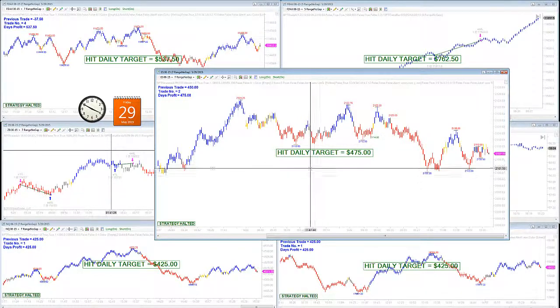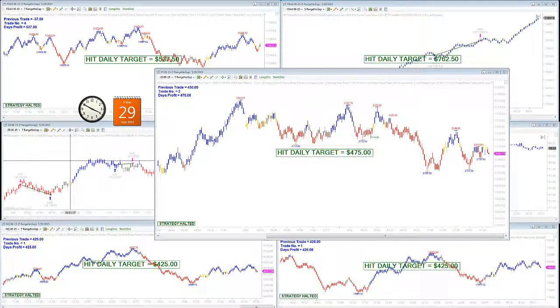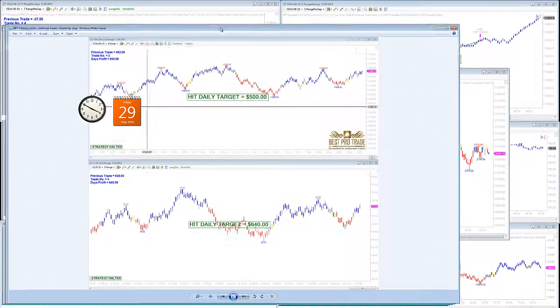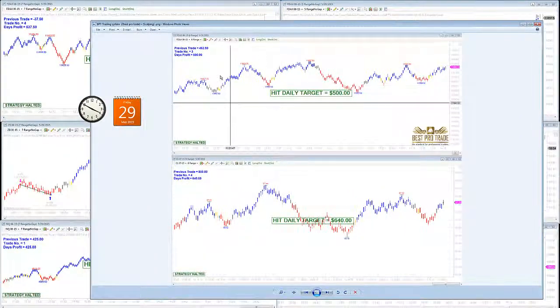Let me see what I have from yesterday. I think I missed out yesterday. We had also on the DAX, we were running, we took 3 trades actually on the symmetry, and it's not bad, 3 trades, 500,